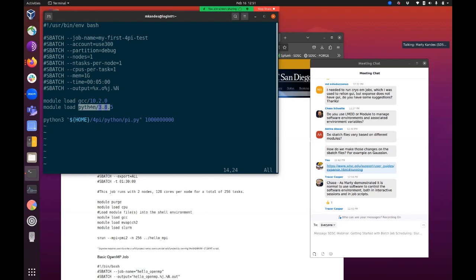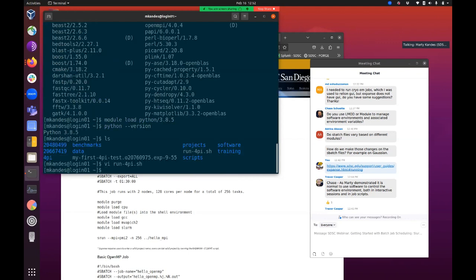Adrena, do SBatch files vary based on different modules? I think the answer to that question is yes. I think you're asking, maybe, how do we make those changes on the SBatch files, for example, Gaussian? Okay, so she's asking about a specific question, or specific sort of examples. So if you're on Expanse, we have